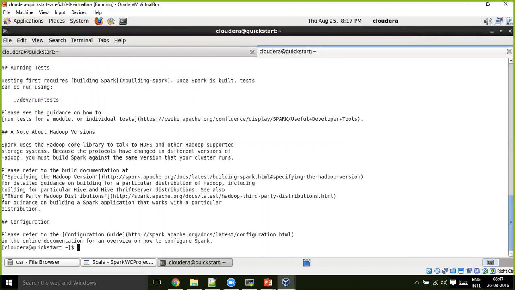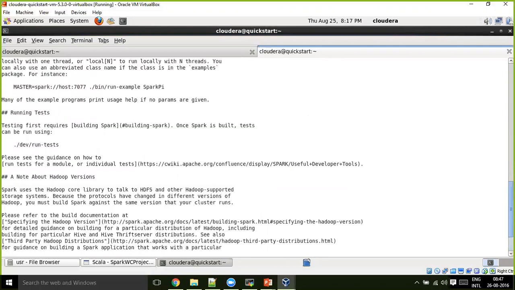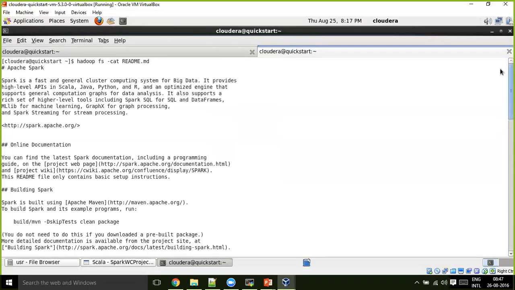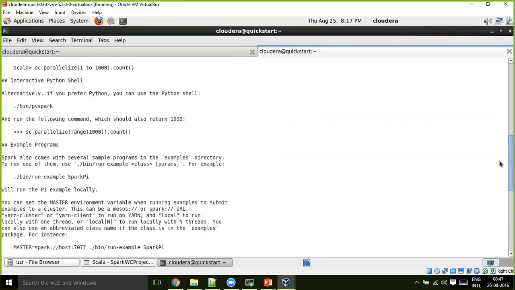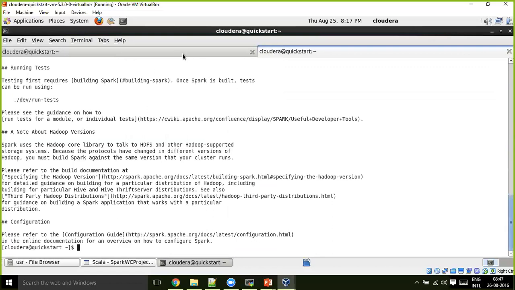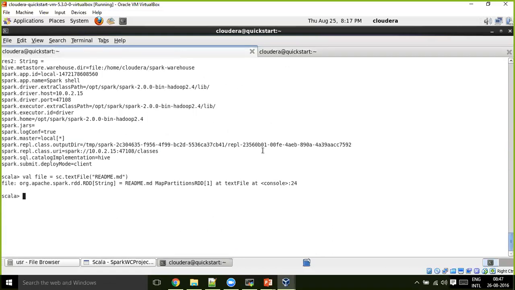So these are the contents of that readme.md file, and these got loaded. I want to filter only the lines that contain the Spark keyword. val filtered equal to file dot filter.